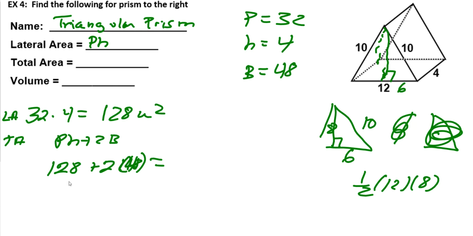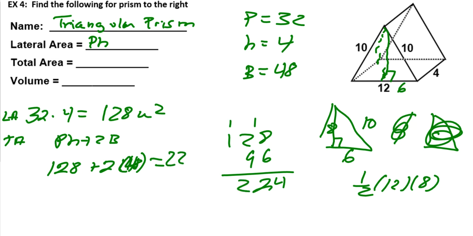So that's going to be 96 plus 128, what? 96. That's 14. I could grab a calculator, but I'm afraid to put my pen down. 11, 12, 224. Okay? Units squared. Volume is equal to area of the base times height, which is equal to 48